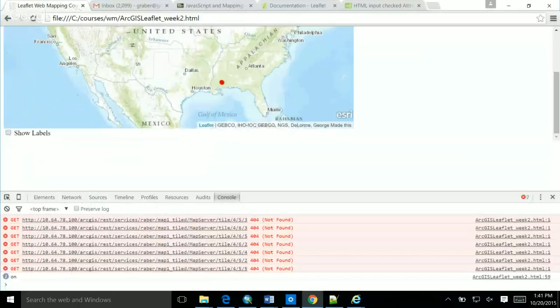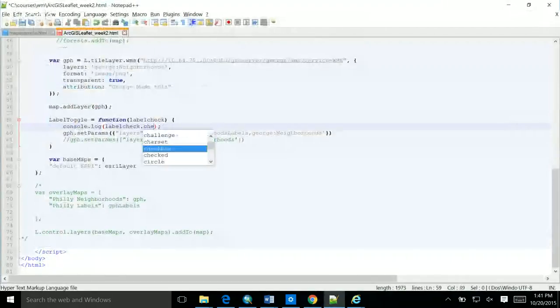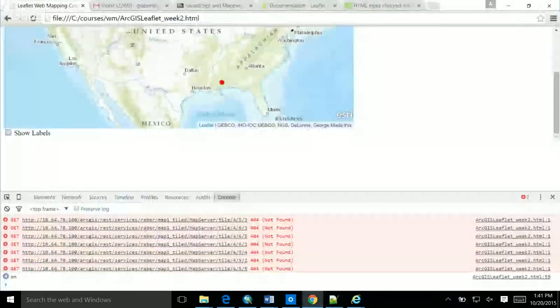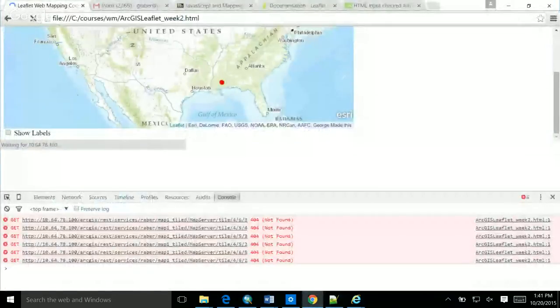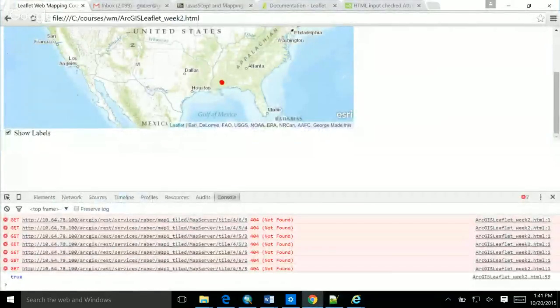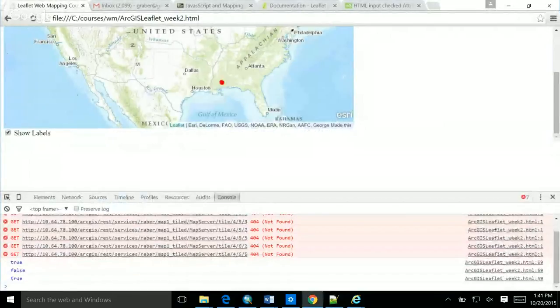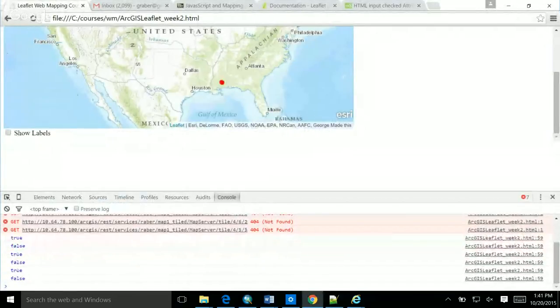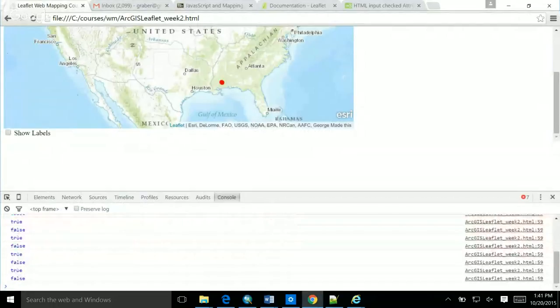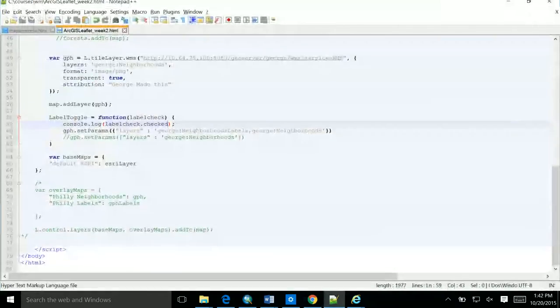So it says on, it just says on. Maybe it's not checked. Sorry, I'm getting confused. Different things have different values. Checked true, checked false, checked true. See how I'm turning that on and off? I'm getting a true and a false every time I turn it off. Okay, the reason that it's doing that is that